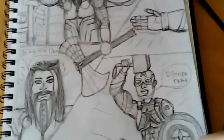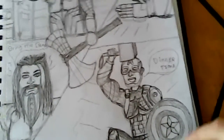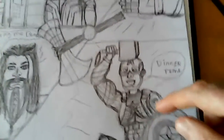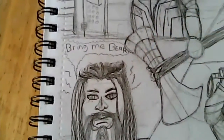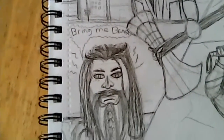And we've got obviously what Cap's doing down the bottom here. As you can see, I did put a lot more detail into that picture there. Not a great deal, a pretty poor drawing, but hey, I keep trying. And we've got a little bit more on Thor here. I'm going to be adding the inking today. As always, I'm going to be using my fine line 7.0